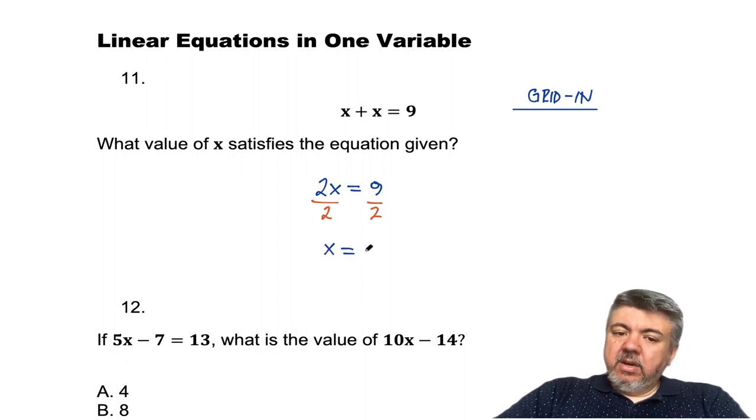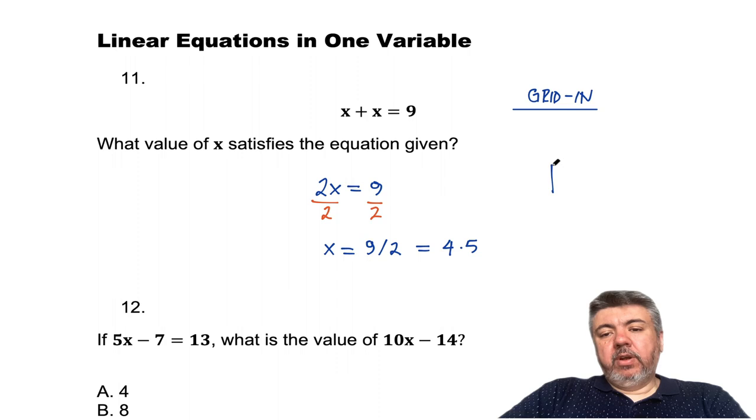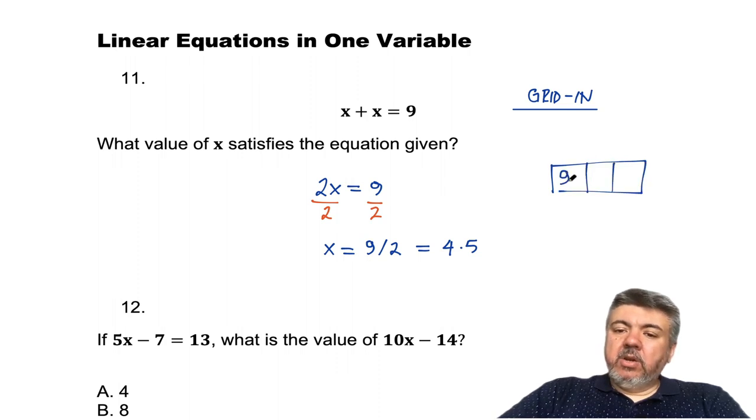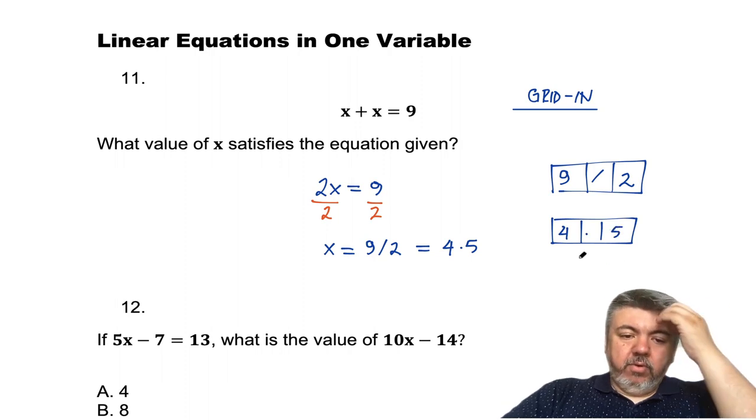It's x here and 9 over 2, or 4.5. They're both going to work something like this. 9 over 2 will work, or 4.5 will work. Okay,